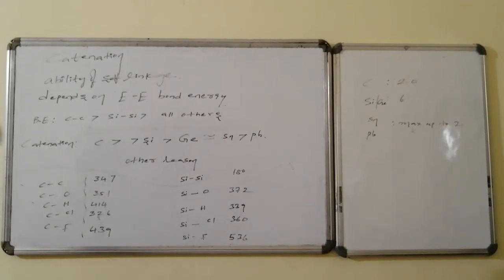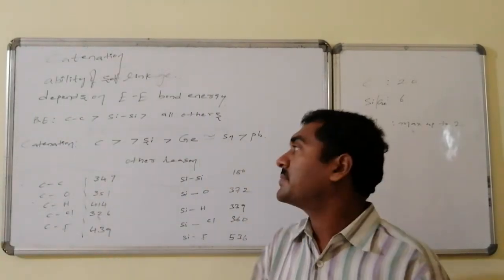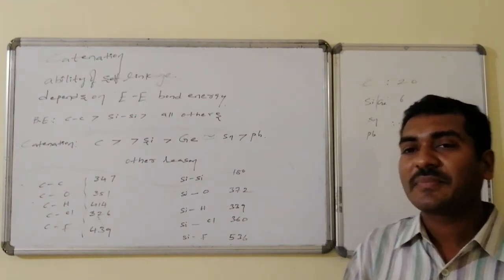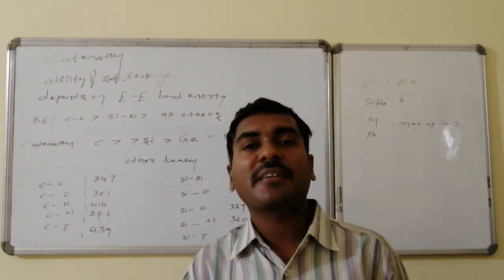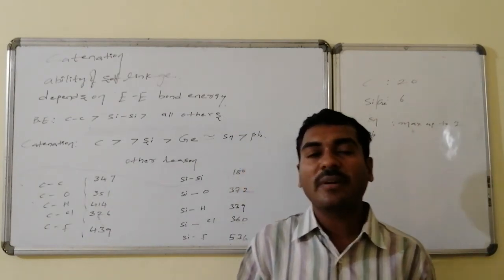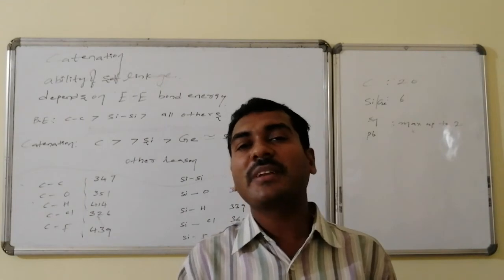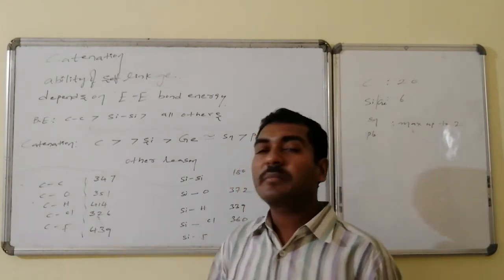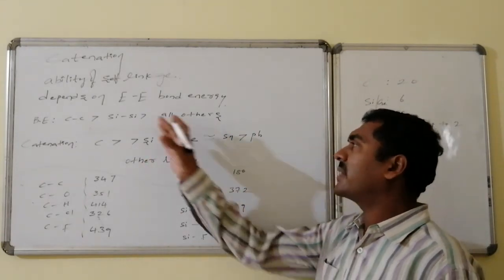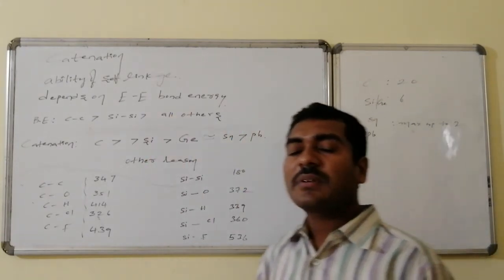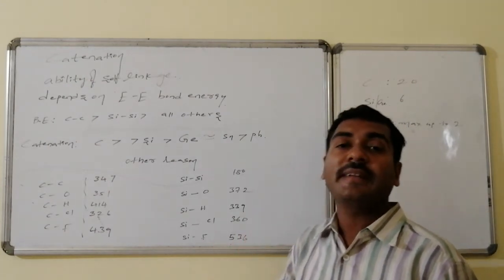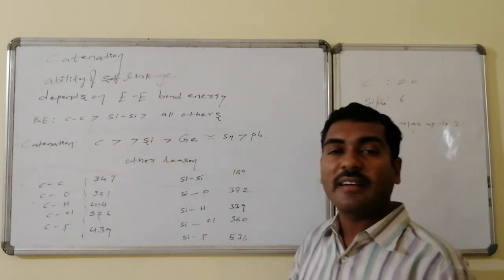Catenation is the ability of self-linkage, and the self-linkage ability depends on the bond energy. Self-linking atoms with higher bond energy become more stable after bond formation, and if it is more stable, it wants to form the linkages. Carbon-carbon bond energy is very high compared to silicon-silicon, and the bond energy decreases down the group. Therefore, carbon readily combines with carbon atoms. The catenation ability of carbon is higher than silicon.